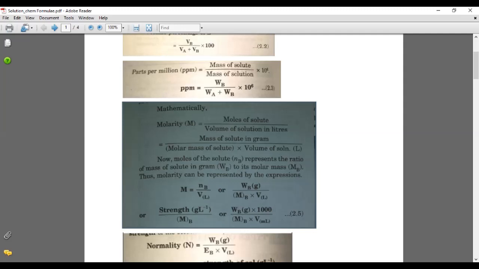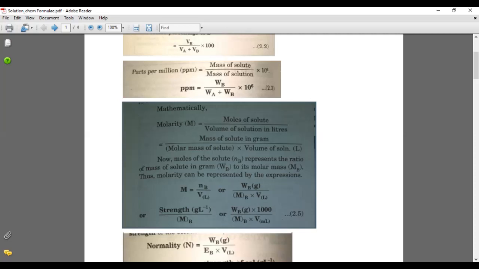So this is the very simple way of expressing molarity, and that is a highly important and popular way of expressing the concentration of the solution. Another way is normality of the solution. That is not given in NCERT, but in practical experimental classes, you will find this very unit, normality. The formula is again very simple.